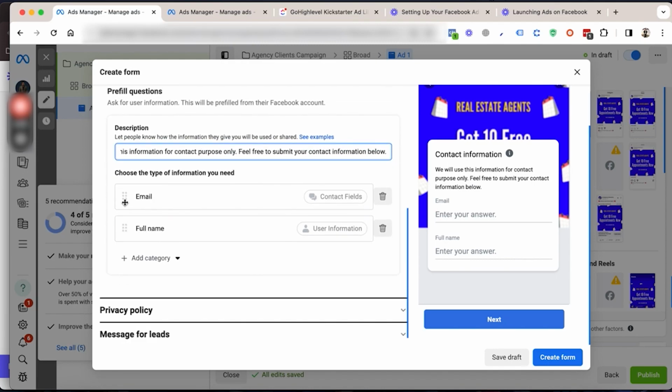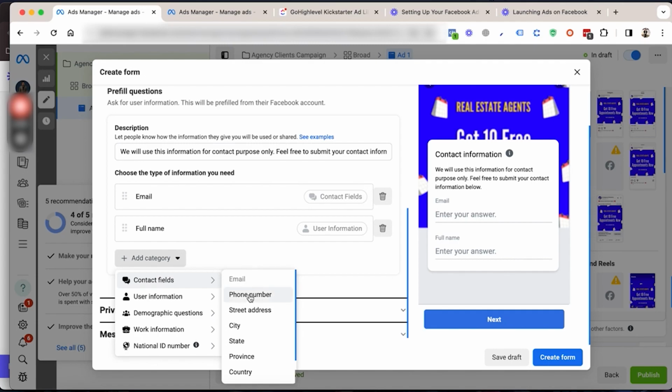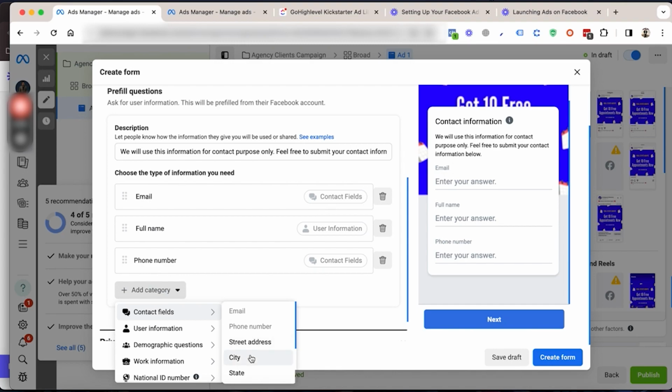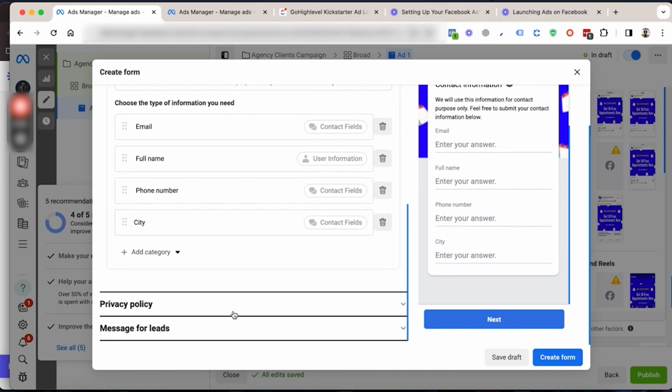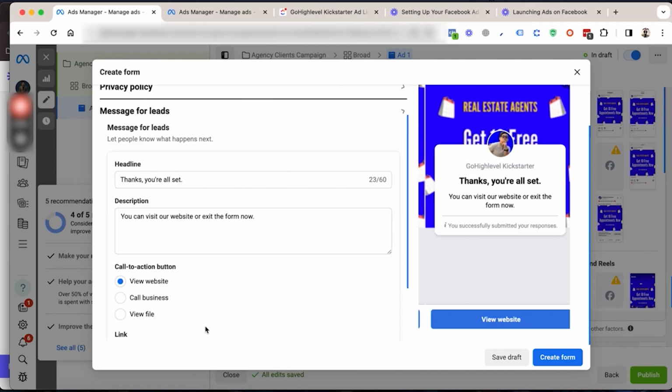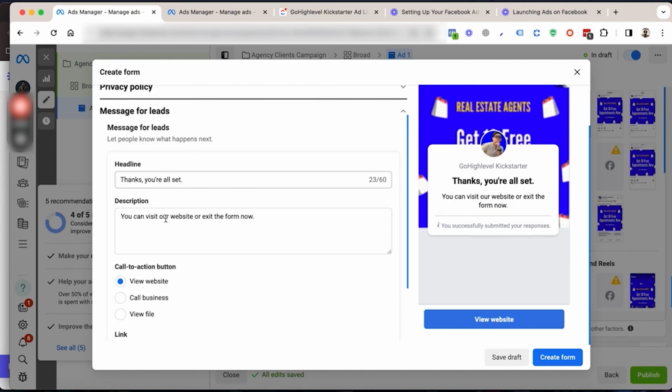So this we're gonna keep these two. Then we're gonna create more categories. We're gonna add this, and another one is city. We're gonna add these two. Then go to next, privacy policy. You can add something like this, peopleice.com/policy. You can use directly this URL if you don't have any, or if you have your own, you can use that in here. Now the last step,